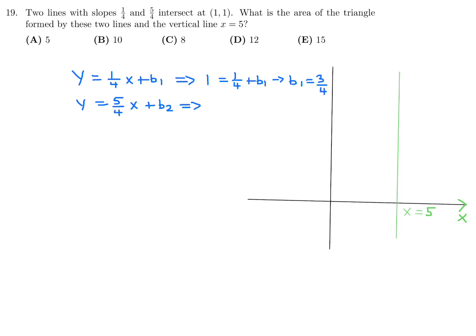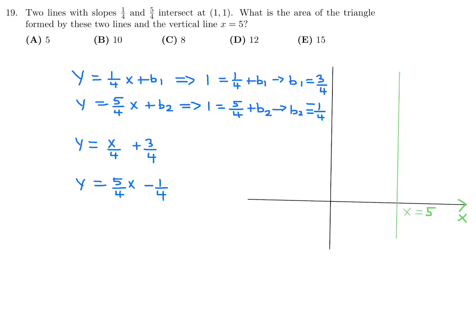And in the second one, (1, 1) satisfies the equation, so 1 is equal to 5 over 4 plus b2, so b2 is equal to minus 1/4. All right, so we got our equations. So we can just draw a very quick plot. Our equations are y is equal to x over 4 plus 3 over 4, and y is equal to 5 over 4 x